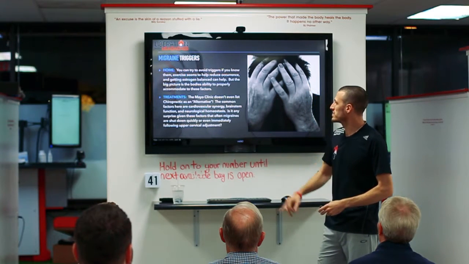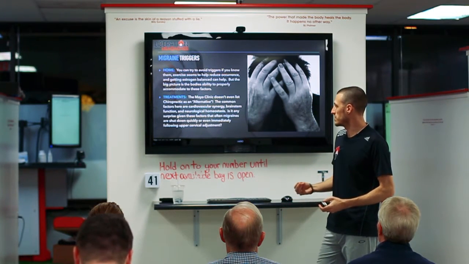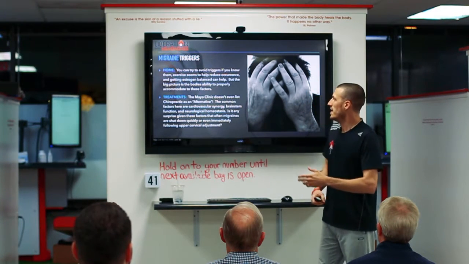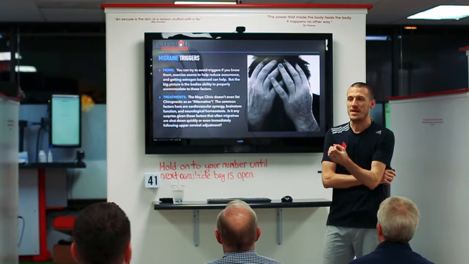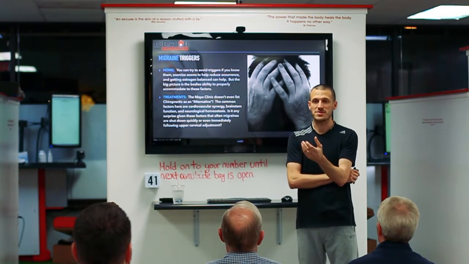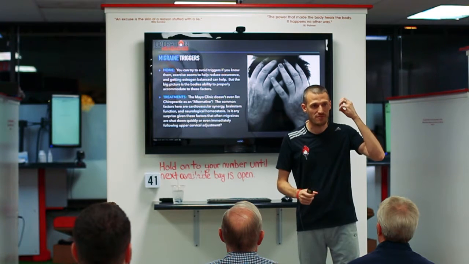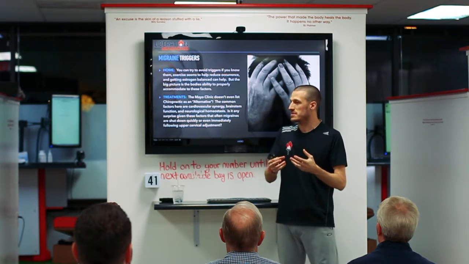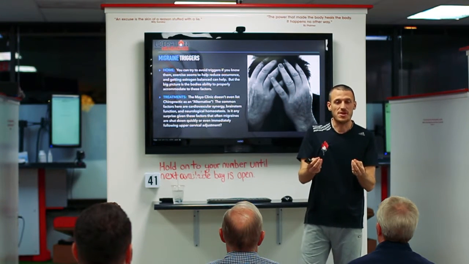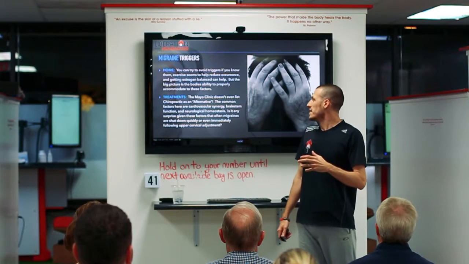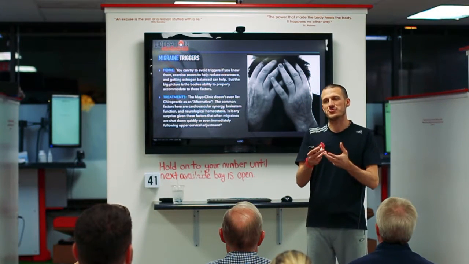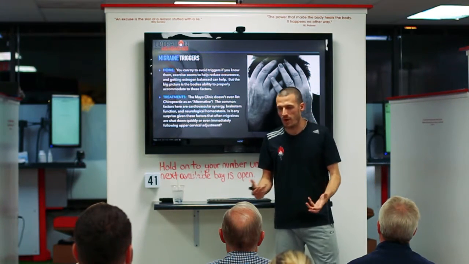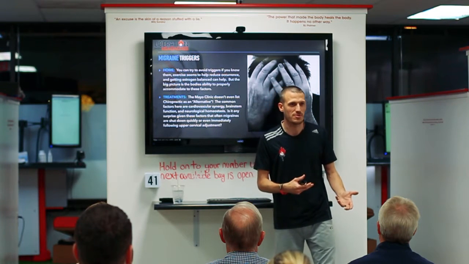So the common factors here are cardiovascular synergy, brainstem function, and neurological homeostasis. So let's break that down. Okay, number one, cardiovascular synergy. We know that a lot of migraines have that vascular component. That's why you feel that pounding inside of your head. You feel the heartbeat. A lot of times it is the meninges, which is vascular. So the problem is the cardiovascular synergy. It's how your body is regulating the blood system across your entire body, right? It's the same thing. Why does somebody get dizzy when they stand up too quick, right?